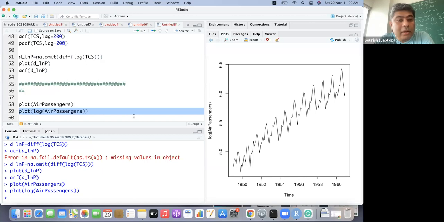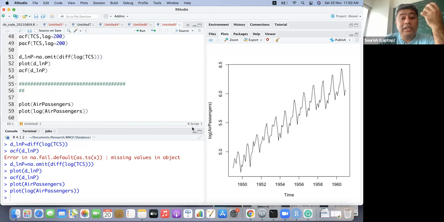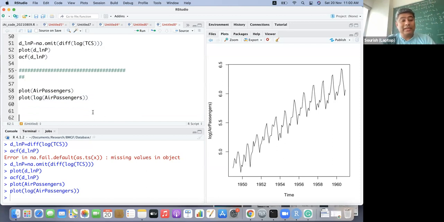Now, we have already found that there is a 1-year correlation in the air passenger data. So how can we model seasonality with simple linear regression? Any idea?